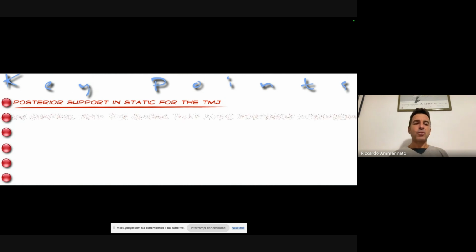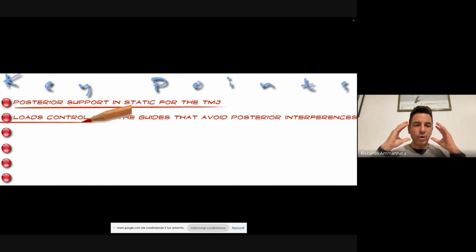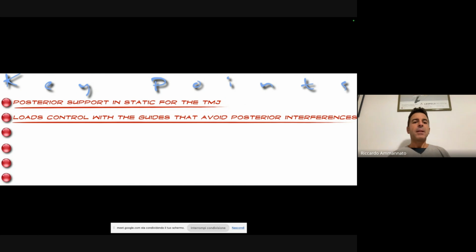So I'm at the end. I just want to share with you what I think are, for me, some goals, some key points. So we have the posterior support in the static for the TMJ. I think it's crucial to support the TMJ and also the muscle system.